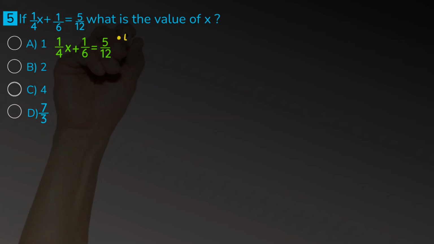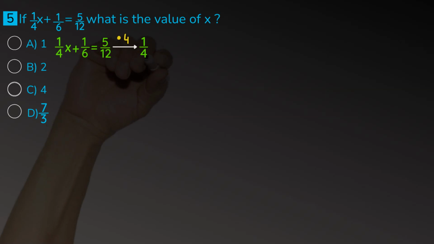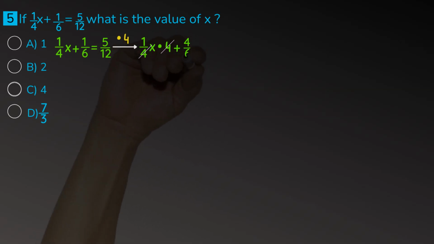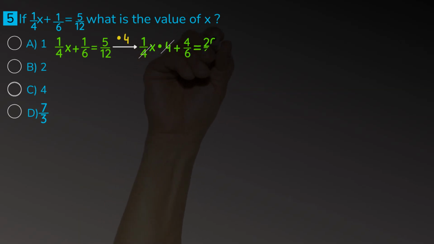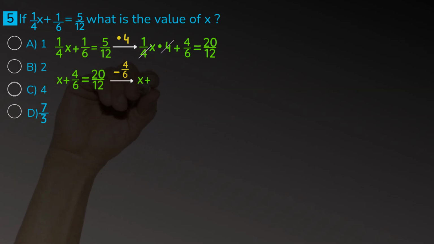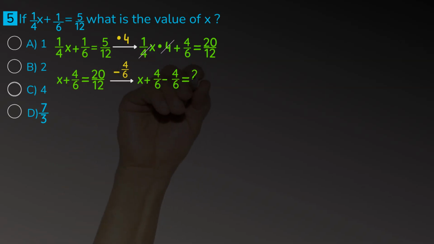And multiplying by 4 here gives us a quarter of x times by 4. The 4's cancel out, so we have x. A sixth times by 4 is 4 over 6. And 5 over 12 times by 4 is 20 over 12. And now I can subtract 4 over 6 from both sides, and that will help me isolate x. So that gives us x plus 4 over 6, take away 4 over 6, is equal to 20 over 12,